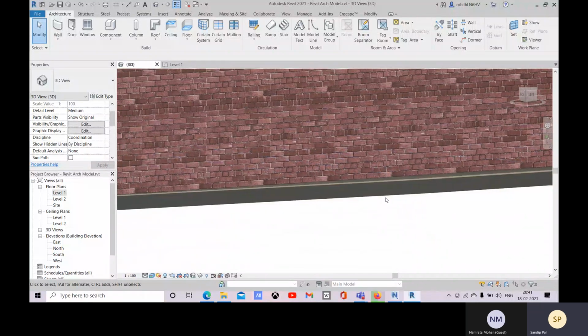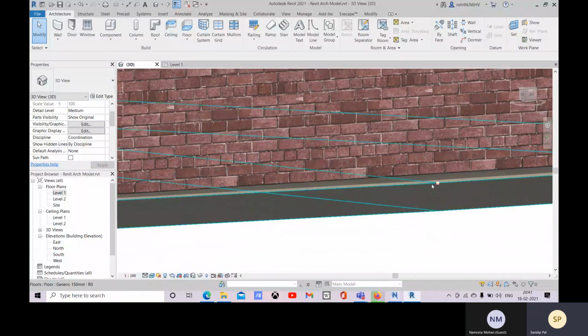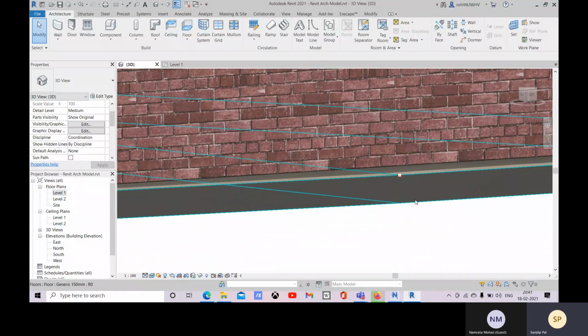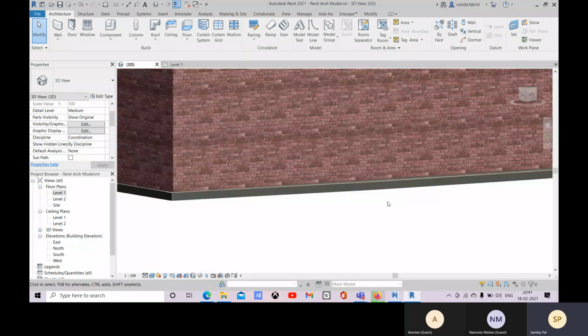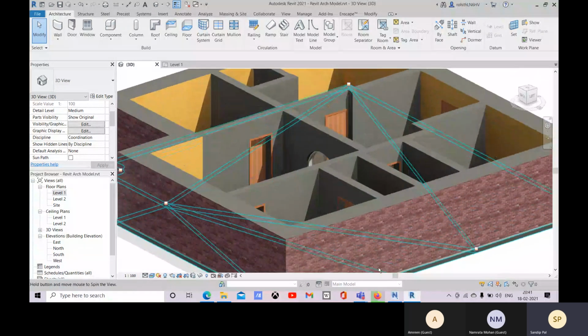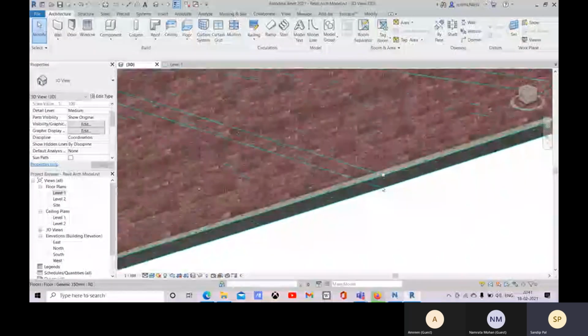Like you were asking that only the top surface will get slope but the bottom surface will remain the same, so that is not possible. There the thickness will be changed. Thickness will be less at those points, so that's why you get this kind of effect.